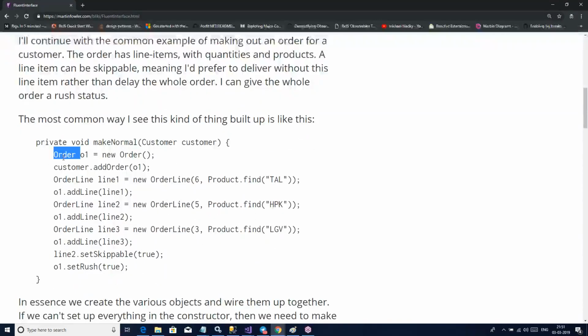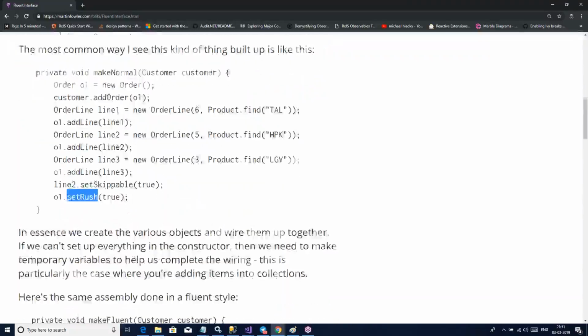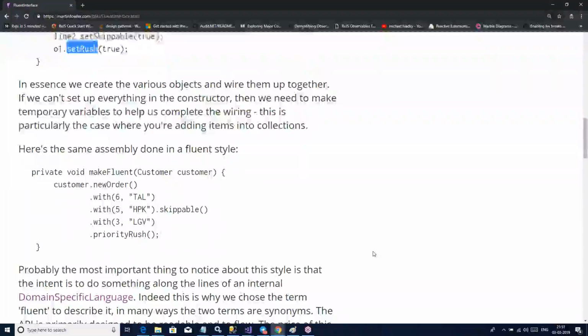You want to create an order. So you say order, customer.add order. Then in that order, you add a line item. If you want to skip, you will set skippable. And so you can see it is so difficult to write this code. I have to create the order object, then I have to create the order line, and then I have to do this and this and this. Rather than doing this, if somebody gives you this, look at this API. Customer.new order .with .skippable .priority rush